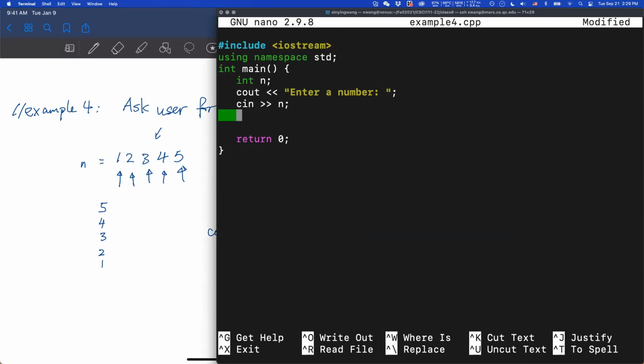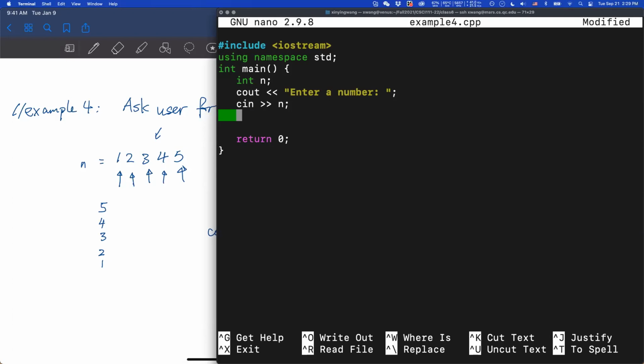Now, when do we know there's no more digit? Or I guess a better question, how do we know we reached the last digit? When n divided by 10 gives you 0. Okay, so when divided by 10 gives you 0.